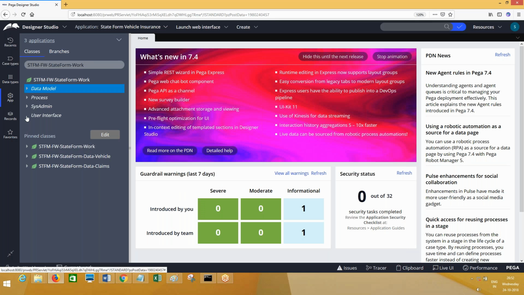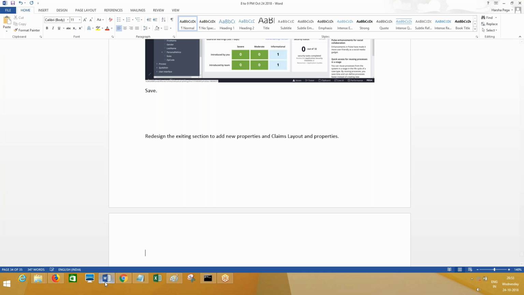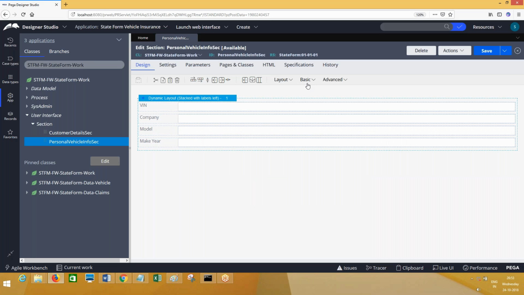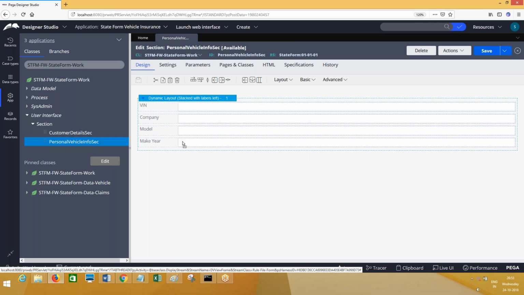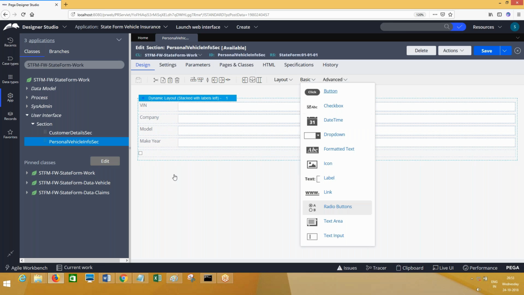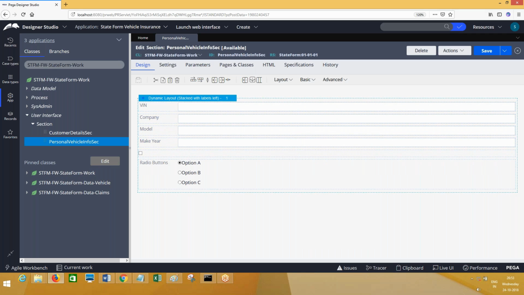Click on this personal vehicle, it will open. Now see, two more properties I need to add, right? Two more controls I'll add first. First one is brand new vehicle, next one is prior insurance. Brand new vehicle is a checkbox, the other one is a radio button, right? One checkbox I will drag and drop, and the other one is radio buttons. Done. So two controls you drag and drop.